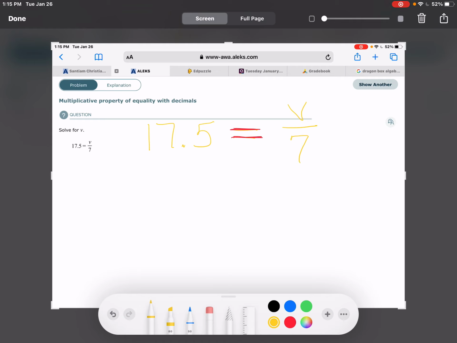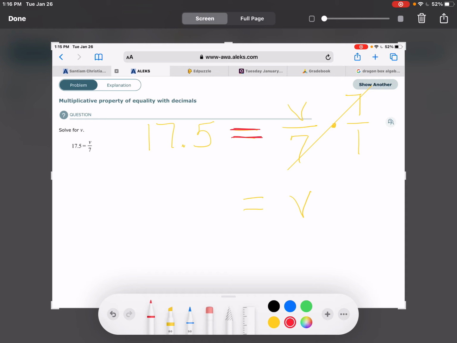So I want to get rid of divided by 7, and so I'm always going to do the opposite. If it's dividing, I'm going to multiply. If it's multiplying, I'm going to divide. If it was adding, I would subtract, and if it was subtracting, I would add. So here, in this case, I'm going to go times 7. If you want to think about 7 over 1, you can. What happens there is the 7s cancel, and I will have v by itself, which is fantastic,